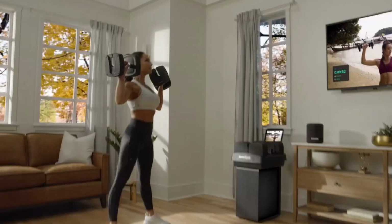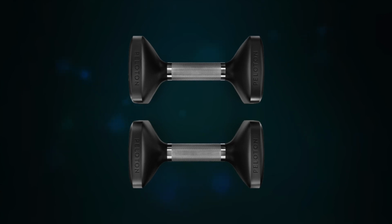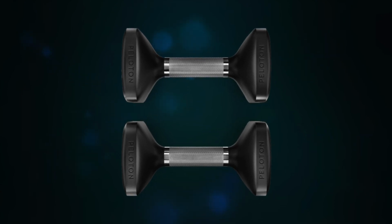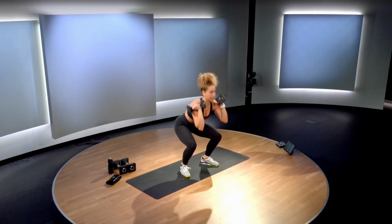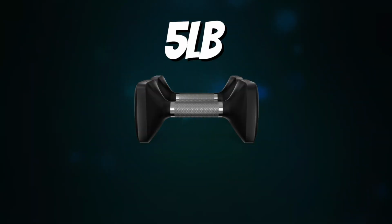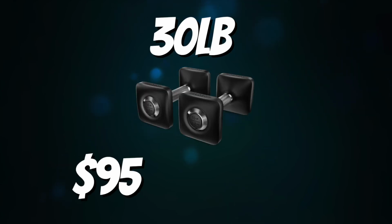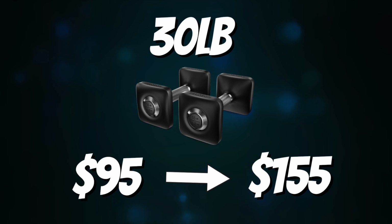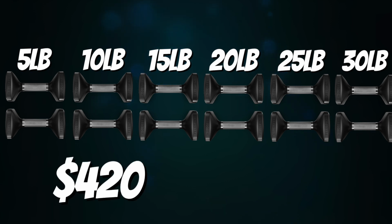You know what isn't a good deal? Peloton's dumbbells. These dumbbells have always been overpriced, but evidently Peloton thinks they should charge even more, raising the prices on their dumbbells this week anywhere from 22 to 63% depending on the weight. A pair of 5-pound dumbbells have increased in cost from $45 to $55. Their heaviest weights, the 30-pound dumbbells, have increased from $95 to a whopping $155. And if you look at their entire 5 to 30-pound weight set, there has been an increase from $420 to now